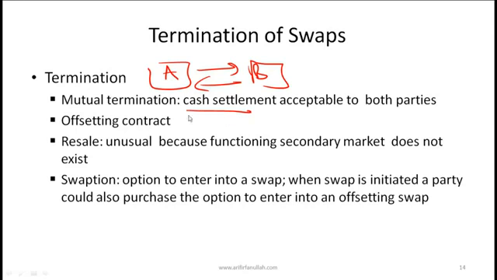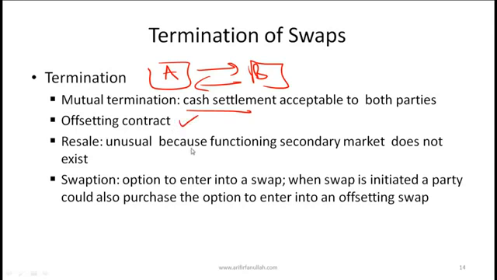If both parties agree, they can cancel or terminate the swap before the formal termination date. Another is that a party gets into an offsetting contract. So if a party has a pay fixed position, they can take the opposite position by getting into a pay floating. So there might be a certain cost involved there, but by getting into an offsetting contract, we can also terminate